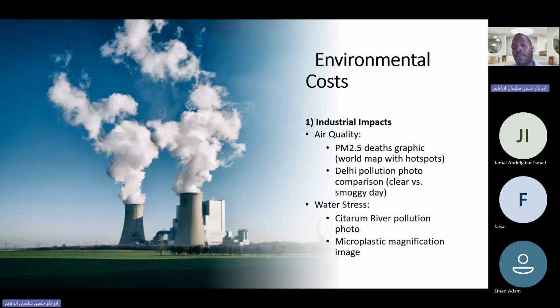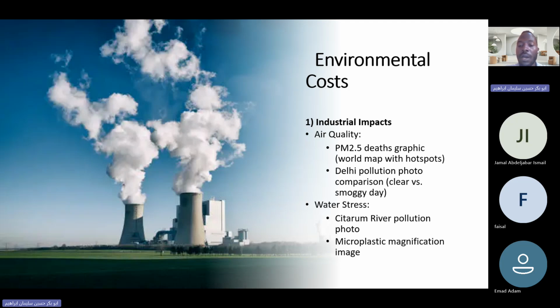The second impact of industry is water stress. As you know, the Citarum River, which is in Indonesia, is polluted by industrial liquid waste. For that reason, it affects the life system inside the water, the fish, and also the microorganisms that live inside the